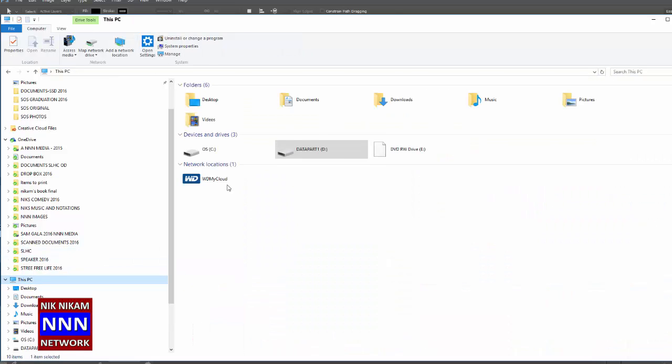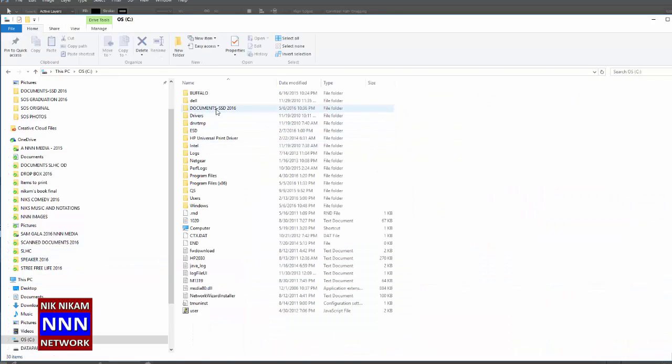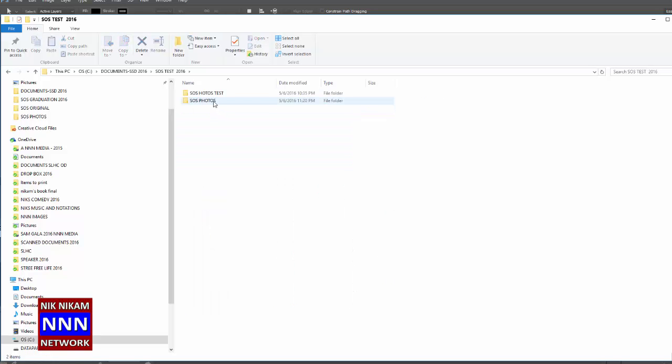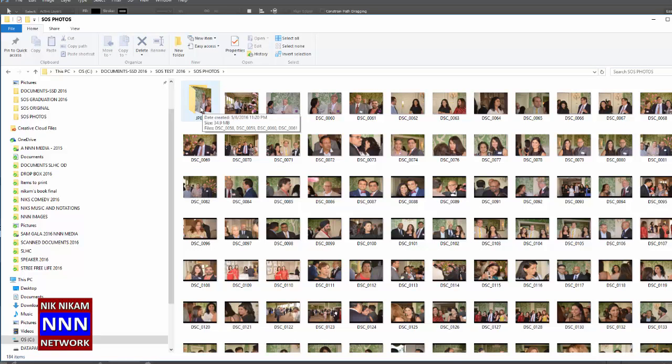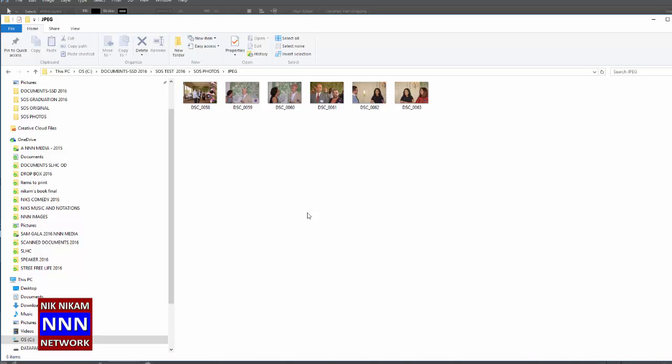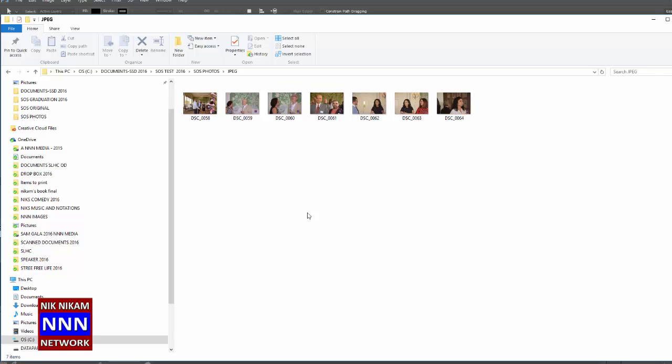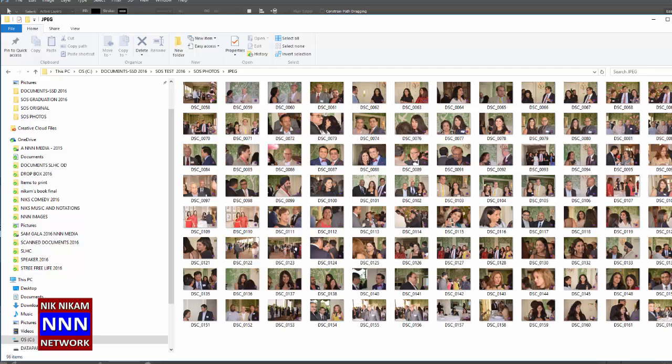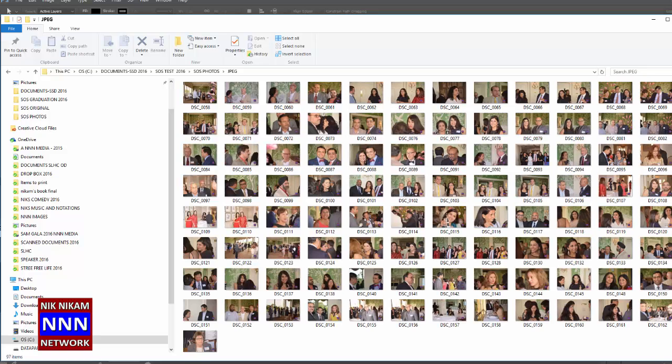This is our PC. We're going to go to drive C, documents, SOS test, and SOS photos, and here it is putting the emblems. As you can see, this is moving a little faster than when it was working on the images on the hard drive. Well, here we are getting close to 100 photos: 98, 99, 100, and it has taken approximately 7 minutes